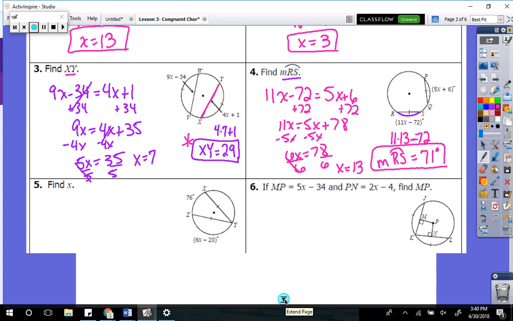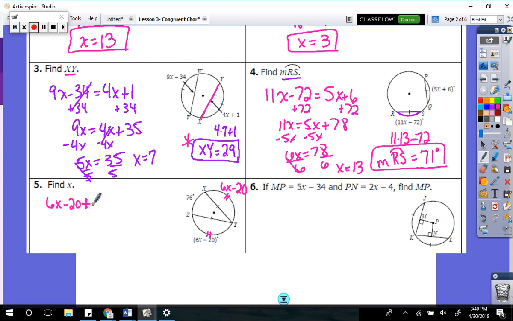Let's go ahead and look at 5. We're going to find x here. So now what we know is we have our 6x minus 20 here. We have 76 here. I know that this piece and this piece are the same. So I'm going to do a little work. I don't know either of these, so I can't just subtract 76 from 360, but I know that this is 6x minus 20. I know the whole thing is 360, so I'm going to take 6x minus 20